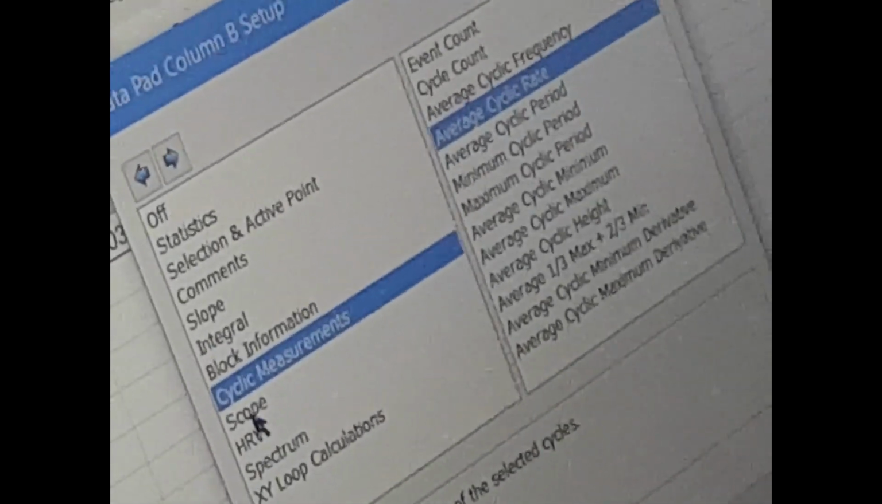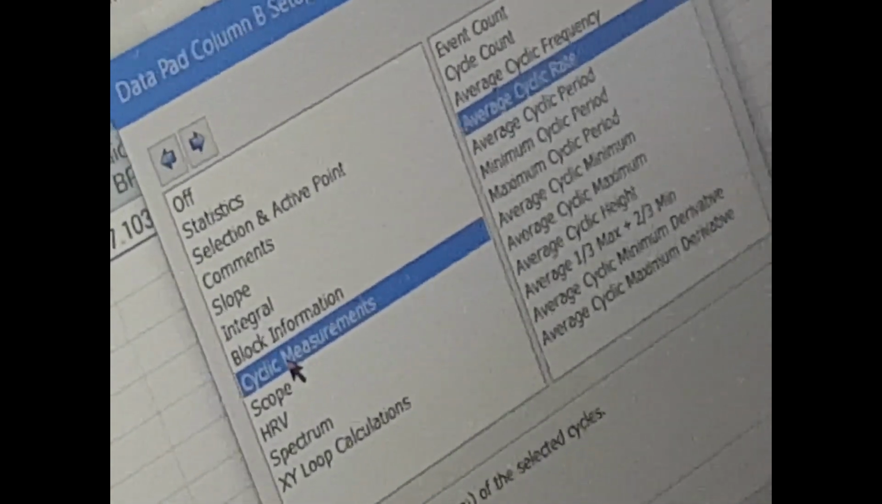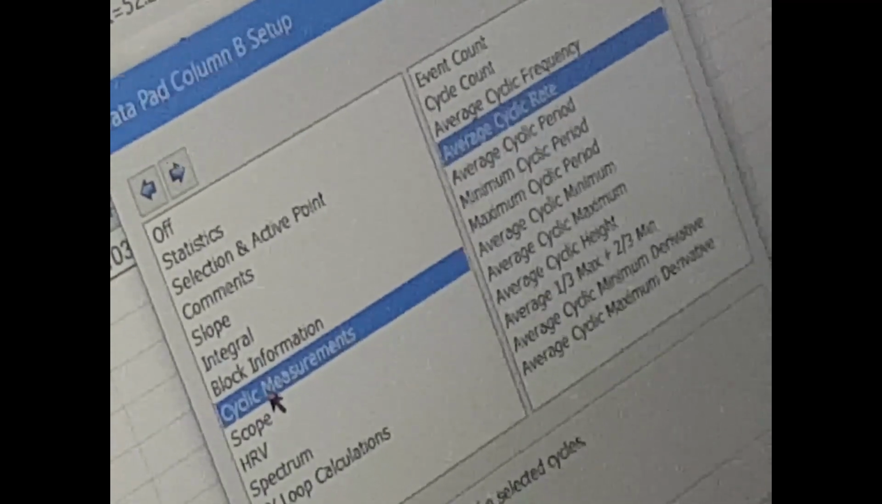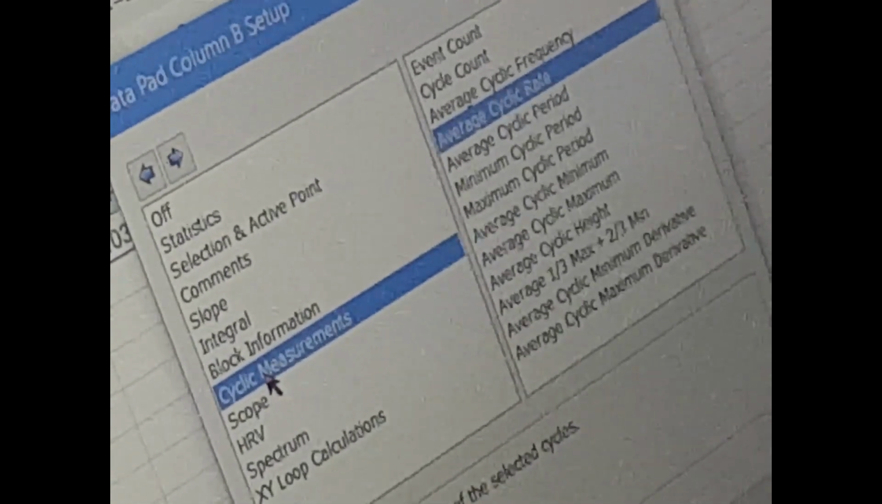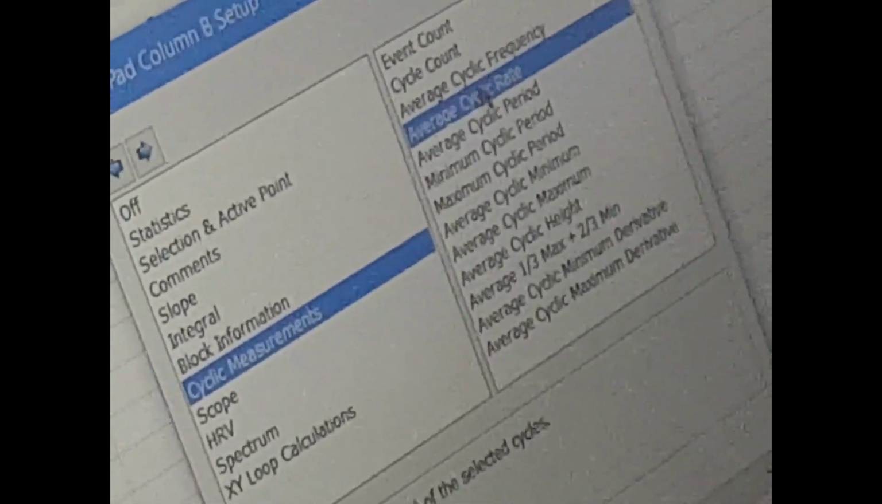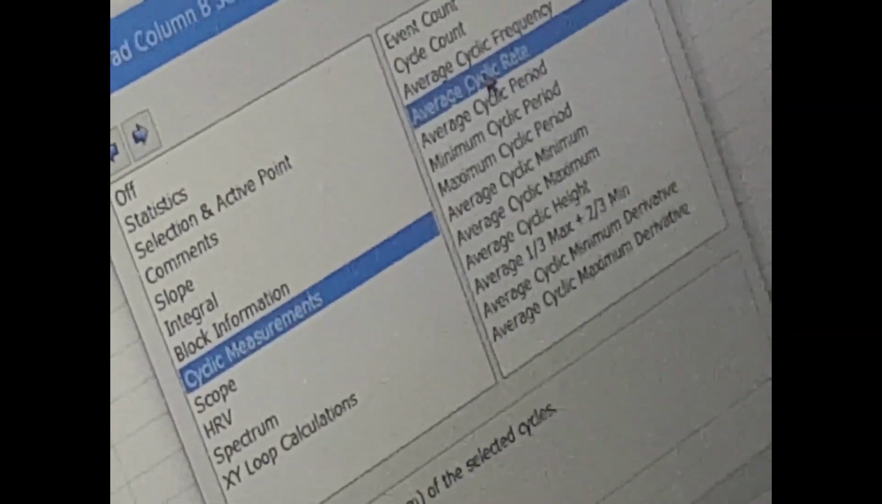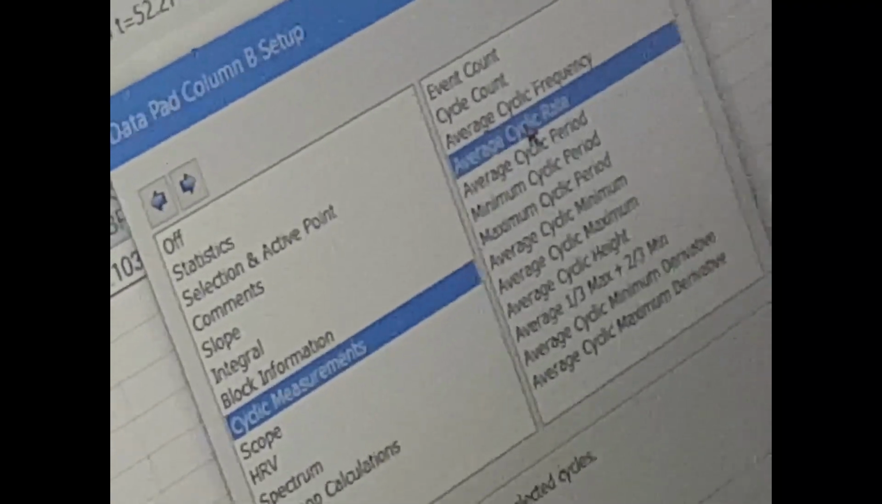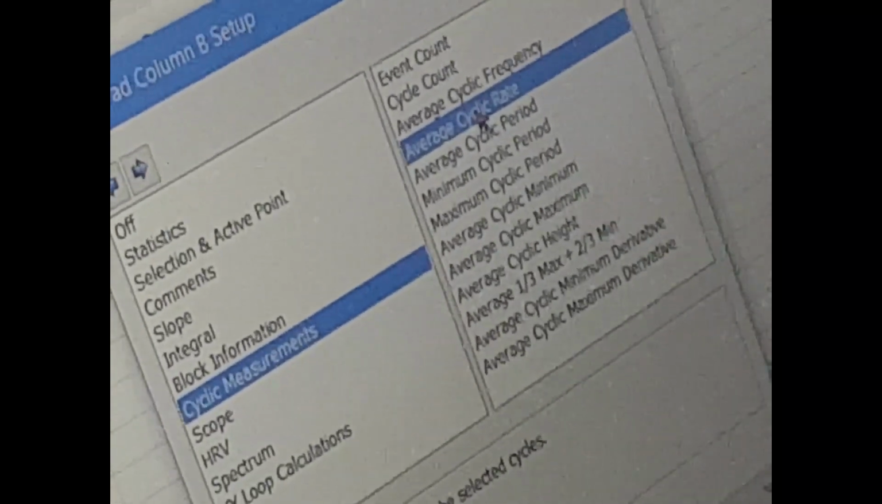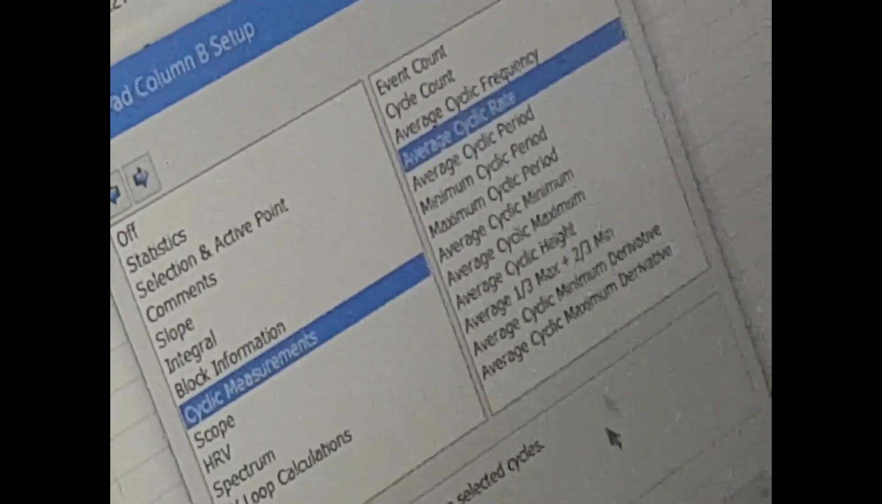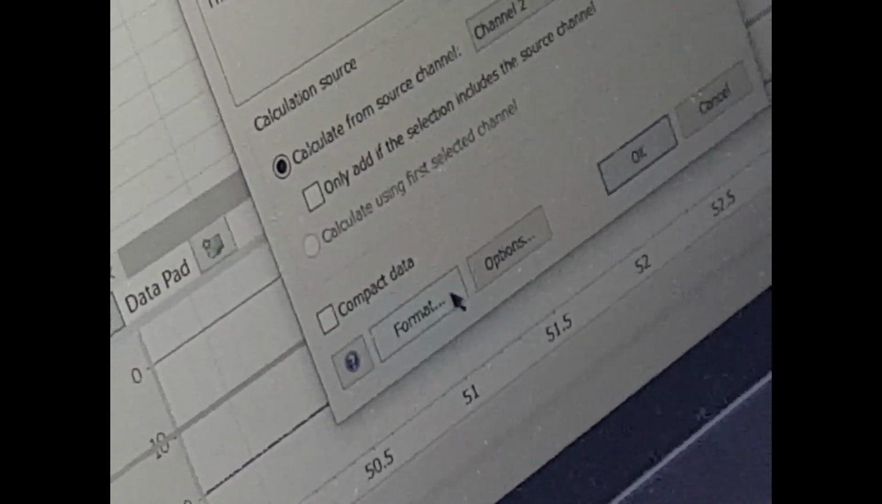Cyclic measurements means there is a signal which is cyclical in nature, repeating at a particular frequency. So we can measure so many things. Everything is automated. We can select that we want just the rate. We want to calculate the heart rate from the pulse. So we select this one. We have certain options, format, etc. Say we go to options,